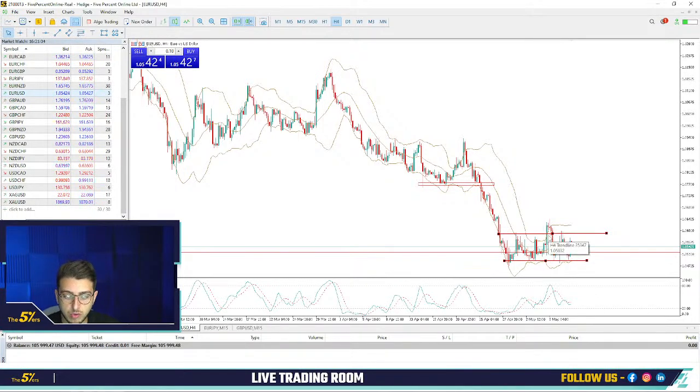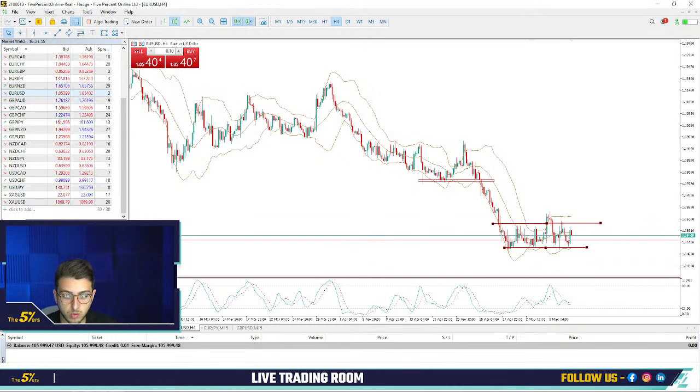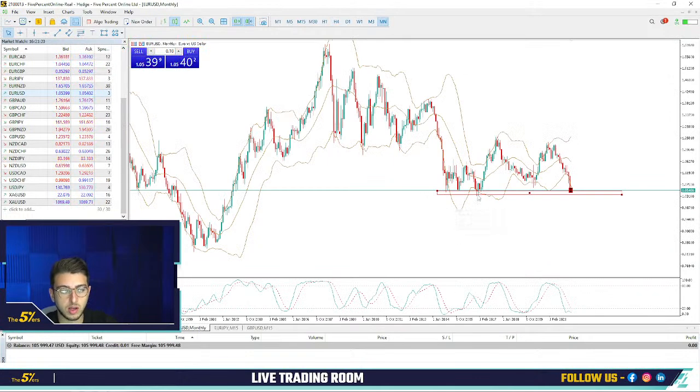So I'm trying to look, when we reach a demand zone or a supply zone, for this type of movement in order to make a buy or a sell. Here I won't make a sell because we are still holding this zone, and on the monthly chart we are at a demand. That's the only reason. Only if we break below will I wait for a retrace and open a sell.